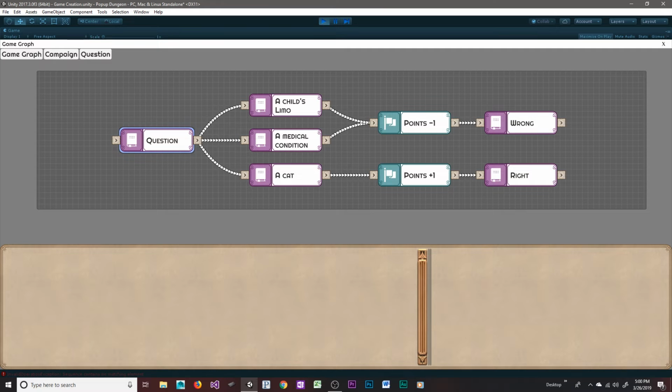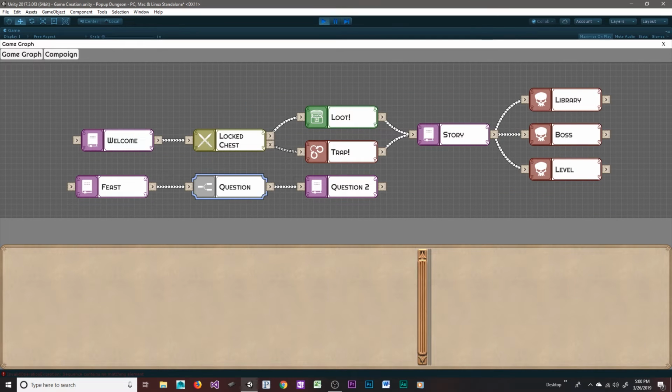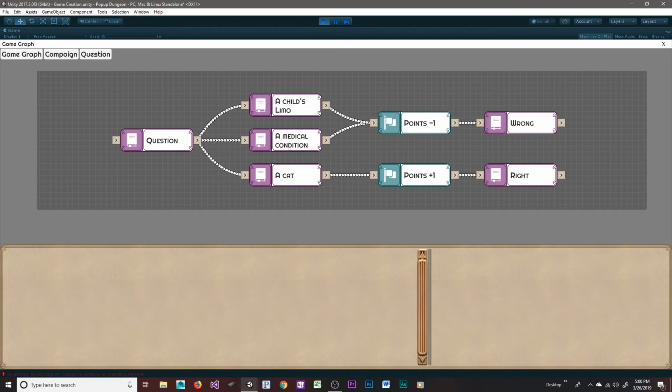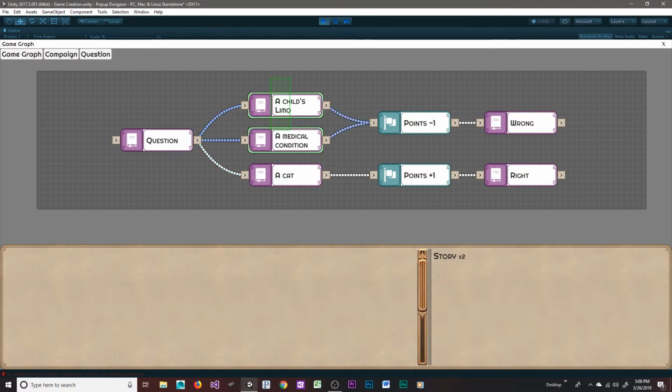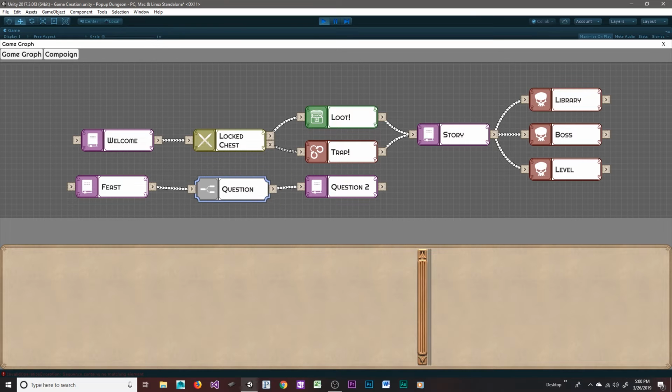And here I've created a little quiz, a trivia game. So you can have this as a little subgraph that you can just drop into any of your campaigns, and they can have all kinds of rewards. Here, what we're doing is we're asking a question, and we can go and see this on the table here in a second. And then we provide multiple choice. Whether they get it right or wrong, we're going to add or subtract points. And we tell them that it was wrong or right,